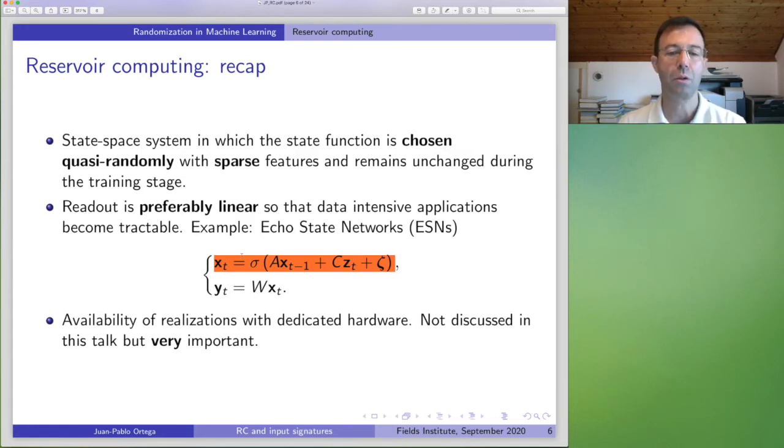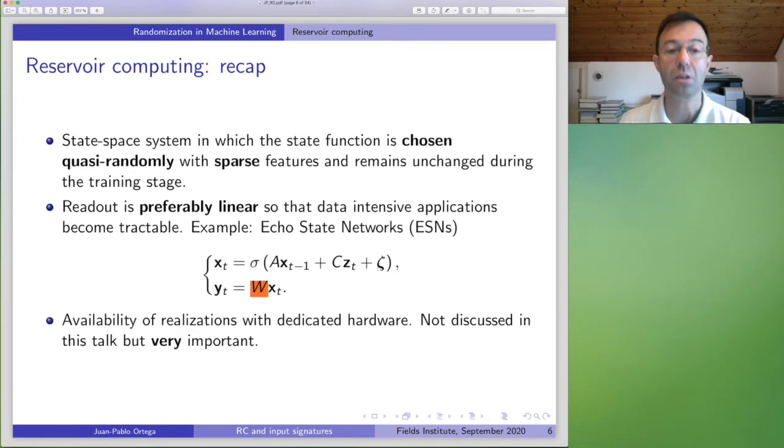You are modeling an input-output system, and any universality theorem that you can find in the literature will tell you that there is an A, a C, and a zeta such that they approximate the input-output system given to you. You have to find the A, the C, the zeta, and the W. However, what I want is what I call weak universality versus strong universality. A strong universality would be to find an object like this such that for any u that you give me, to get that approximation all you need to change is the W, while the A, the C, and the zeta are the same.